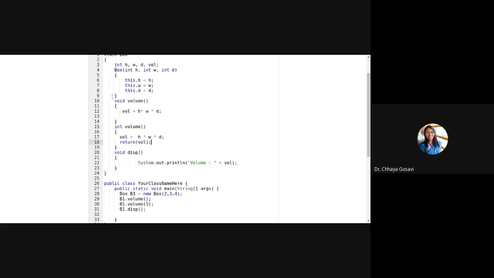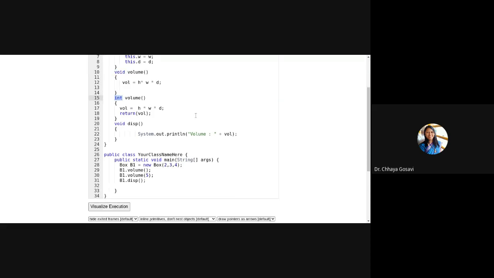So note that here this volume method and this volume method have exactly the same name, and the number and type of parameters are the same. Here no parameters, but the definition is exactly the same. The only difference is in the return type. Here it is void, here it is integer.